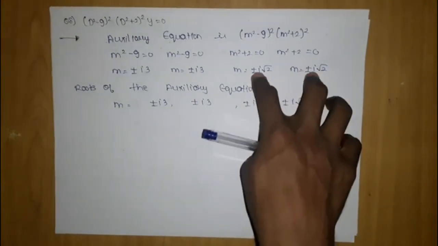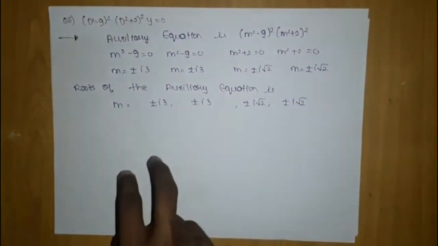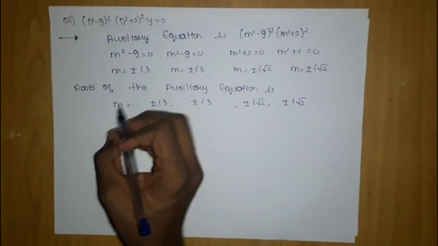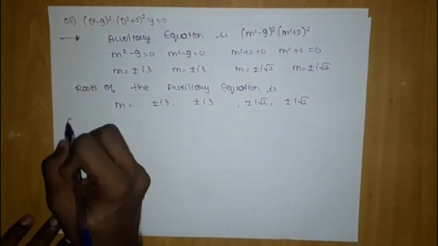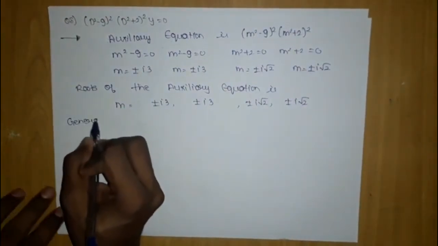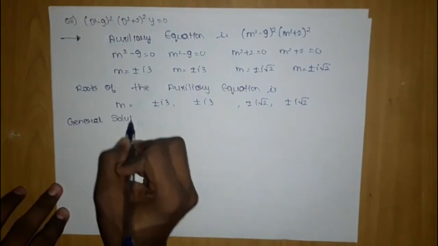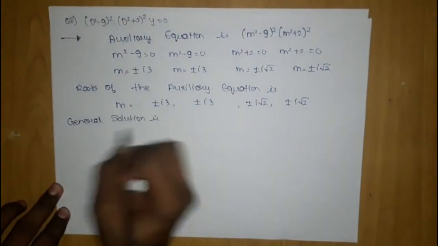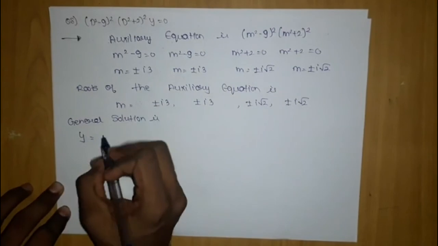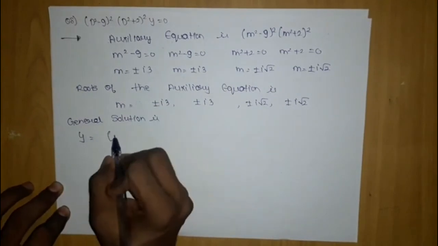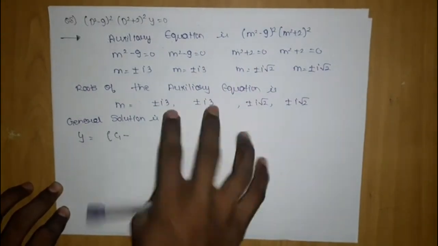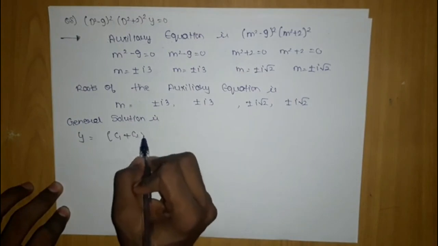So here twice the roots are repeated and here twice the roots are repeated. So what are we going to have? The general solution is y equal to